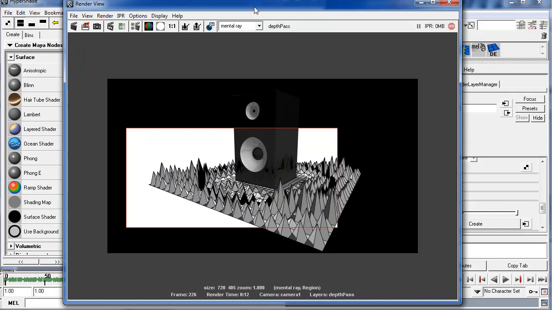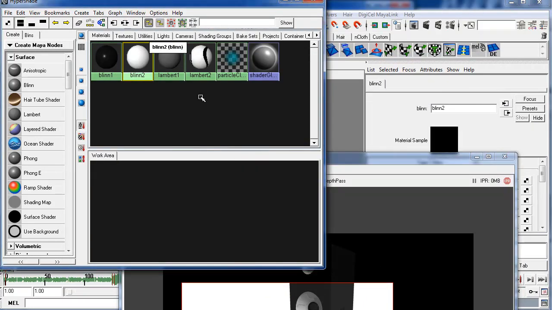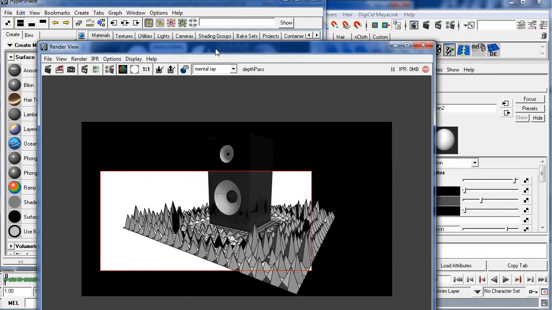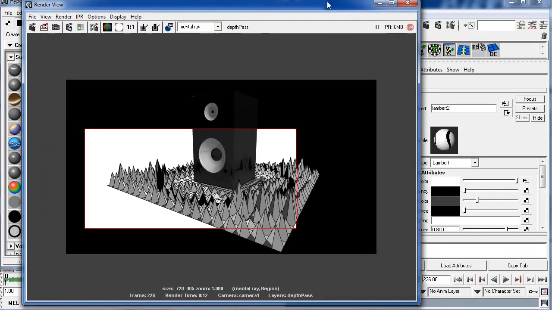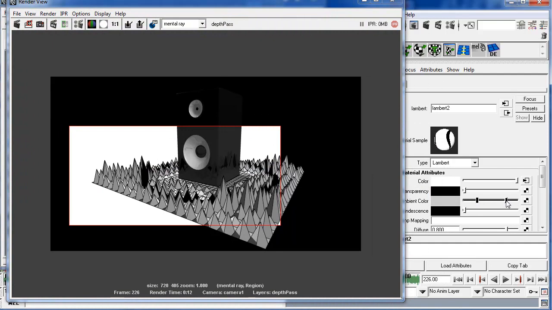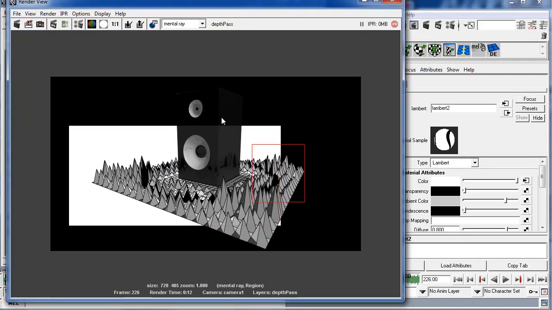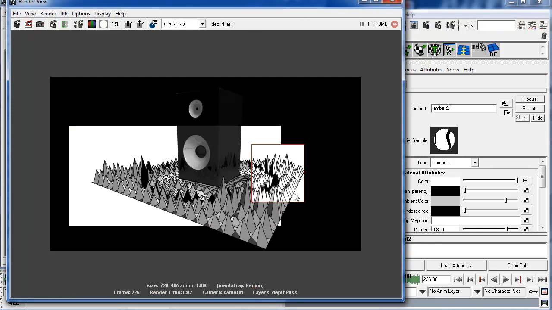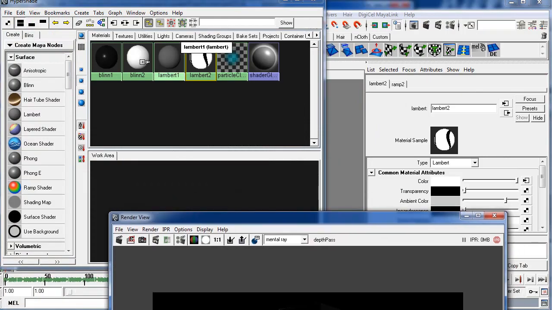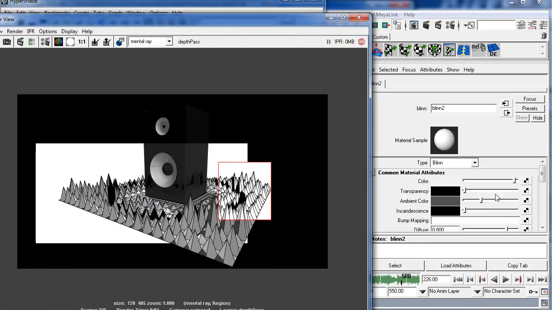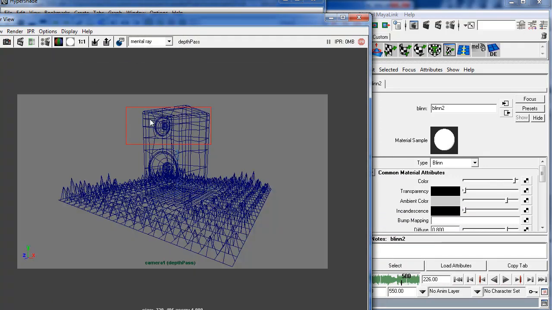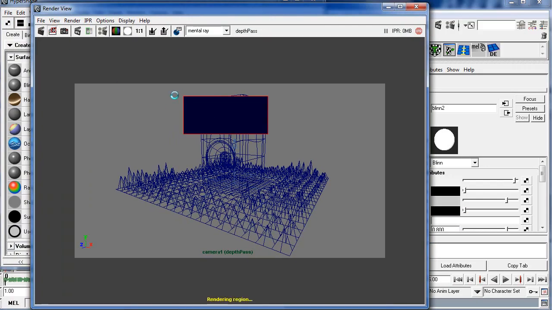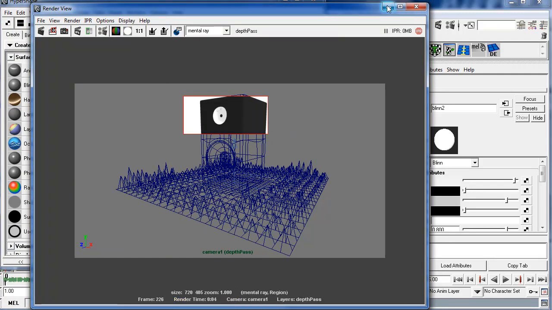So I'm just gonna go in and choose the, let's see, the Lambert 2 was the one for the ground, and just push the ambient color, really push it to the limit there. And alright, so we got this, and then for the speaker parts, this is the same, just push the ambient color. Really, I think there's a problem with the top. Oh, that was an IPR. So, alright, now we got the really white